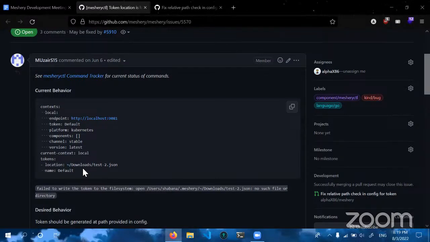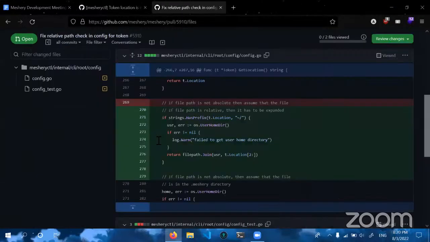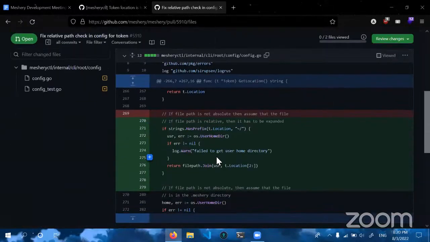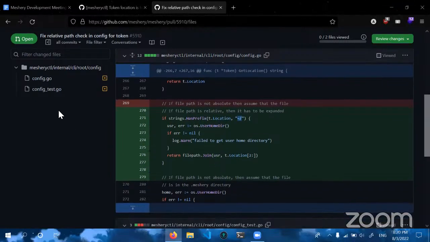But unlike npm, if you give the tilde slash symbol, the user home path doesn't get added into the location, and thus this causes an error. So I worked on an issue, and eventually I was able to fix this by adding an if else block, which checks if there is a tilde slash in the location field, then just add the user home directory into it as a string, then return the path along with it.